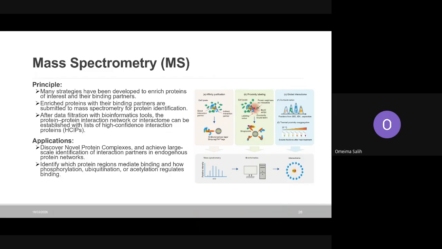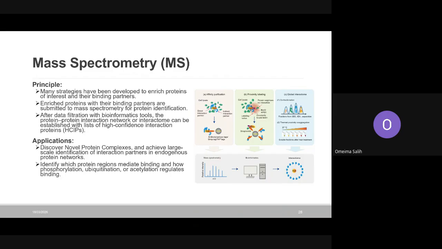So you need to enrich first your proteins and test their interaction, enrich proteins with their binding partners. That means if you know that this protein is interacting with a certain protein, you enrich this within the laboratory using the different methods like the